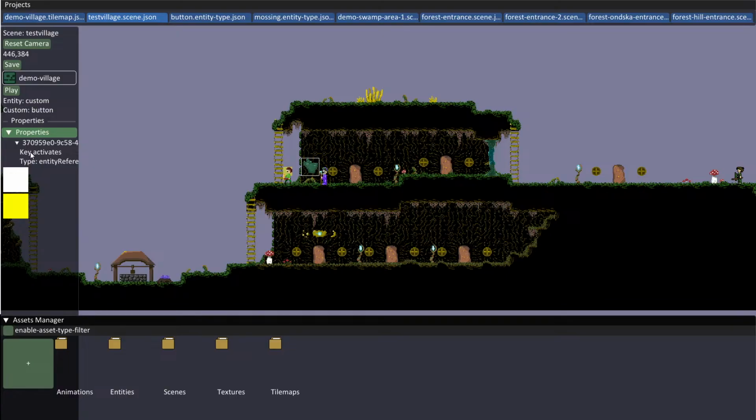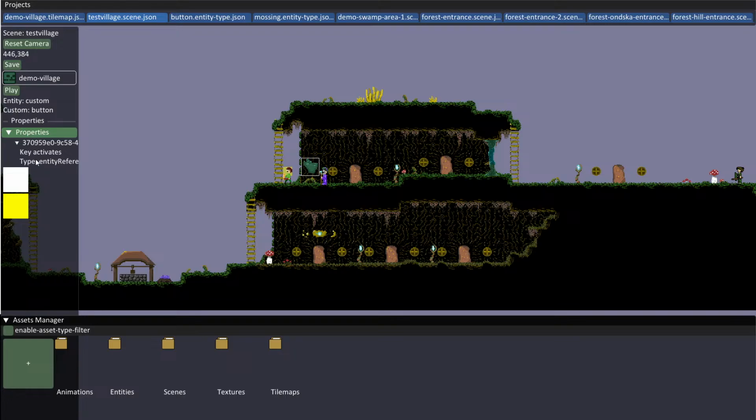I should add a colon here, because it looks weird. The key is activates, and the type is entity reference. Maybe I should make this resizable on the east side here. But anyway,